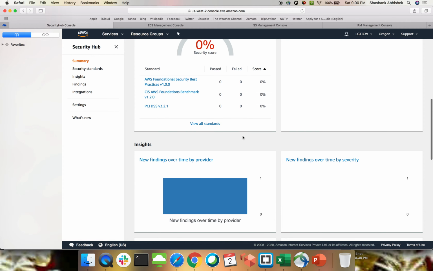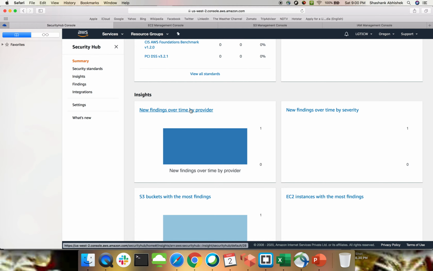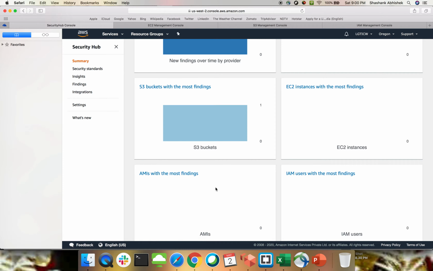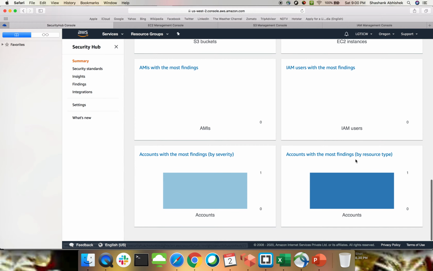Let's go down a bit. New findings over time by provider, which is my S3 bucket, and you can see this is going to scan my EC2 instances as well, IAM users, AMIs, and accounts with the most recent finding.